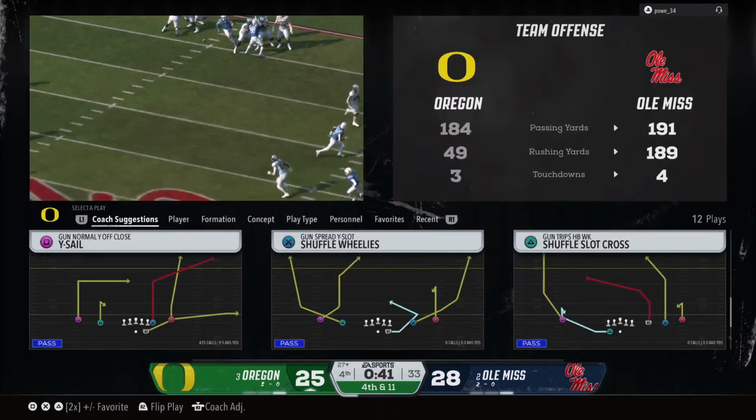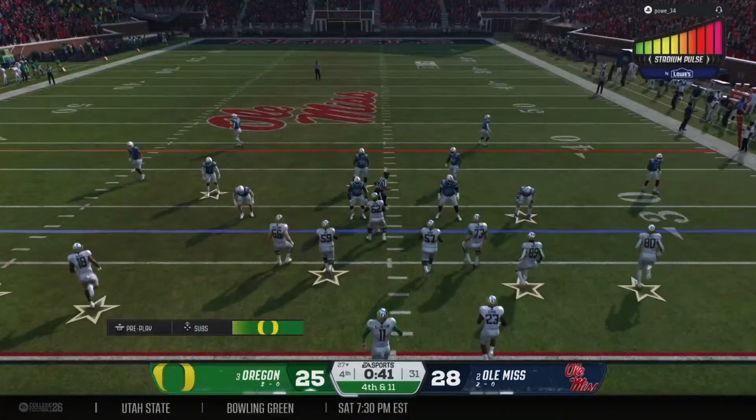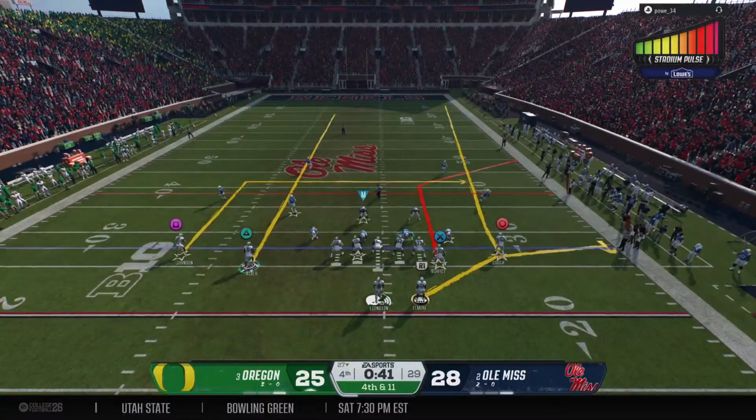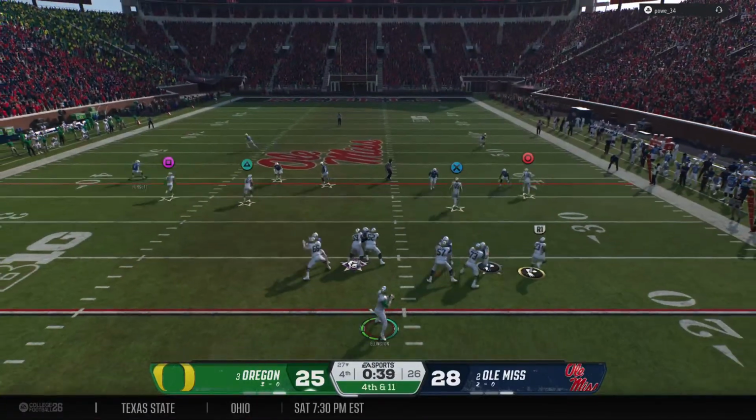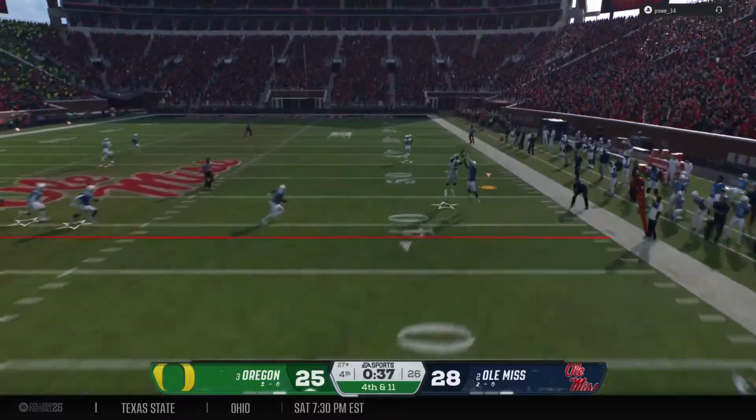Well, that's not what you want to see as an offense when you're trailing late in the football game. An incompletion on third down and long. Hey, it's a bit of a risk, but with that clock looking the way it looks right now, I think you've got to go for it.